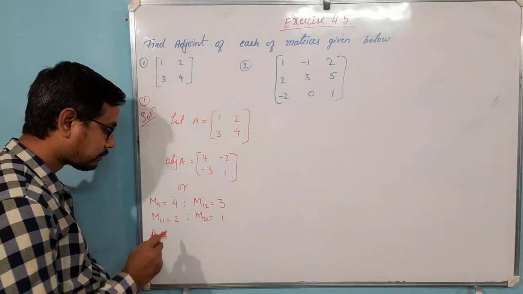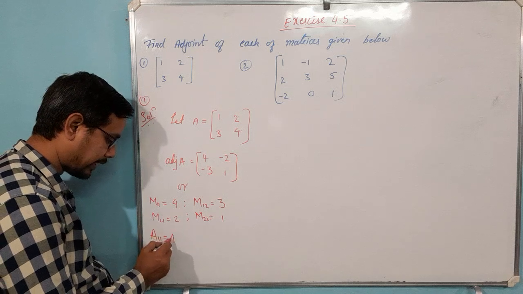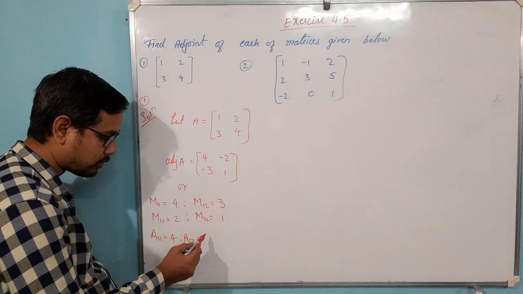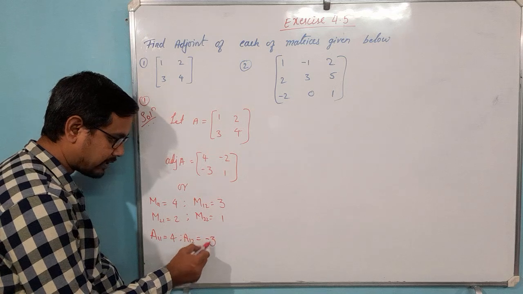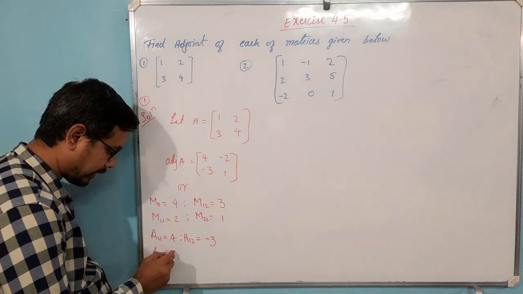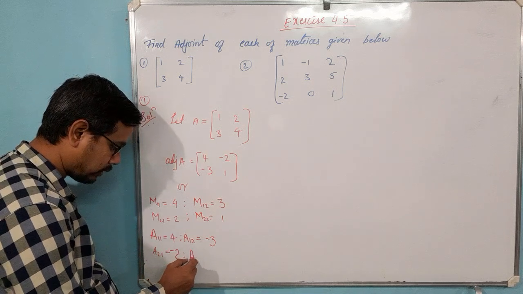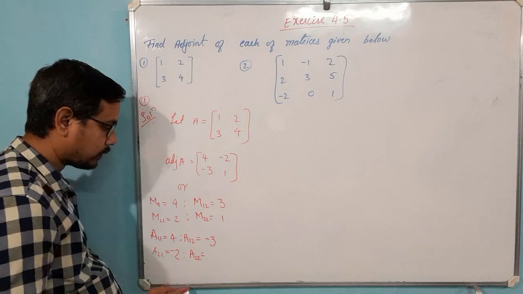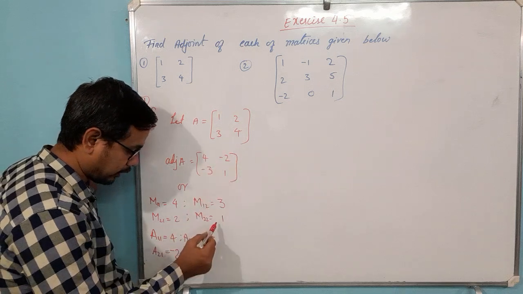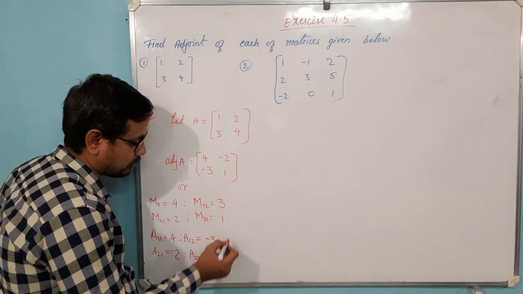A11 is what? A11 is the cofactor of this one. 1 plus 1, it is even, so it will be 4 directly. A12 is the cofactor of this one. 1 plus 2 is 3, that is odd, so minus 3 here. A21, 2 plus 1 is 3, that is odd, so it will be minus 2. A22, what is A22? The cofactor of A22, 2 plus 2 is 4, so as usual it will be there, right? So therefore